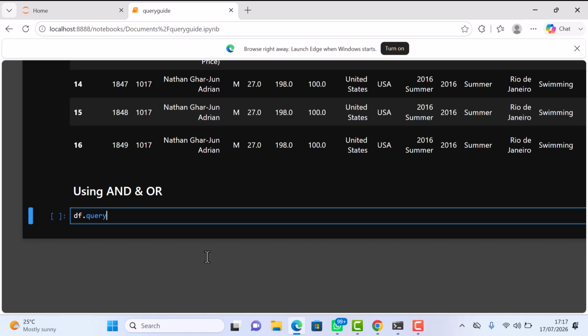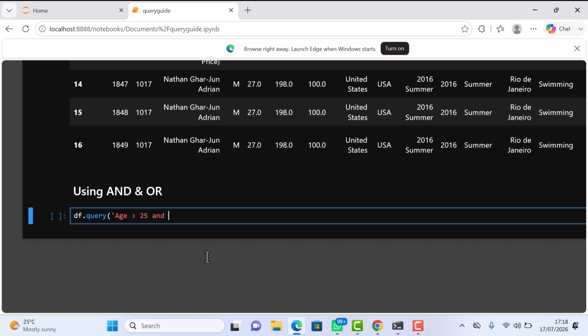Let's say we want to see athletes who are taller than 180 centimeters and who are older than 25, and they got gold, or what's it called? Gold or silver. Or let's say athletes that are older than 25 and taller than 180, but they got gold or silver. So the way you do this is that you type on age, you give the age